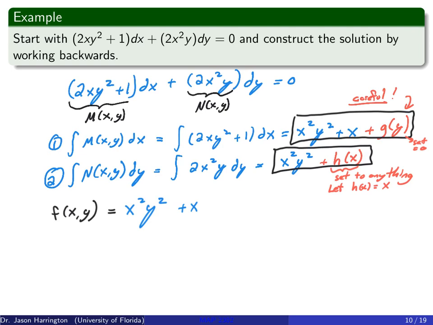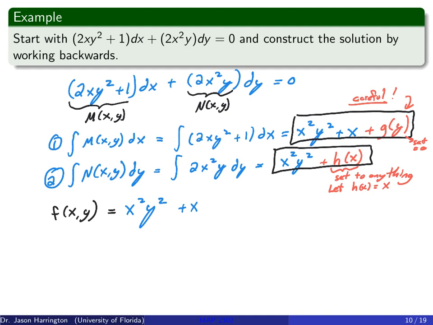Now this first example is a very simple one where really I'm just missing an x in this one. This one I'm just missing an x, and I can just put it into this function. But sometimes it gets a little bit more complicated than that. And so this is my actual function that I have.